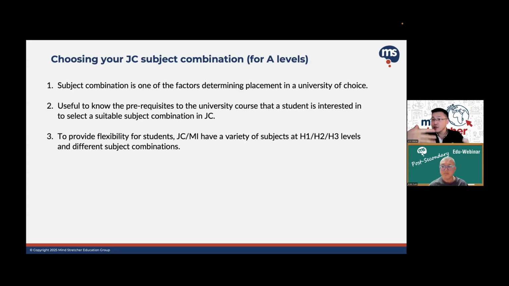That means look at it as, okay, so let's say if I want to go to a uni, this is the course that I want to go. What are the prerequisites, right? And there are some prerequisites for some of these courses. And definitely, if you want to go into these courses, then you must make sure that you study those subject combinations in JC that allows you to then go into that program, right? So that's what I also mean by working backwards from there, right? So that's the thing to note. And usually JCs themselves do have that flexibility, right? By offering different subject combinations that students can do.